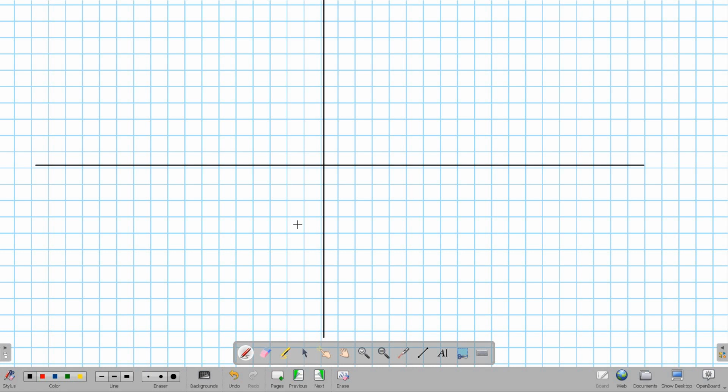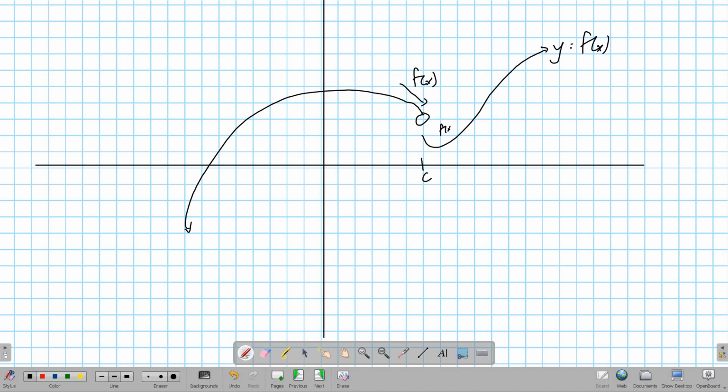So we have talked about limits, and let's just recall the concepts regarding limits. So for example, we have this function here. We have y is equal to f of x. If we want to figure out the behavior of the function, what's happening to f of x as x approaches c, that is looking at the limit of f of x